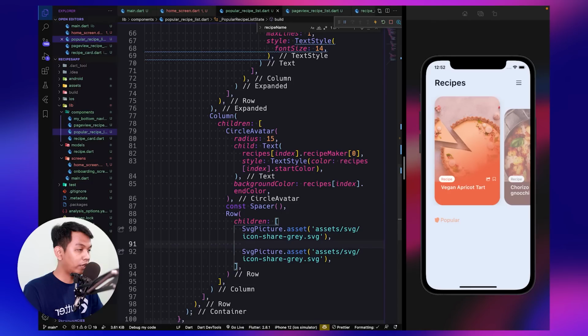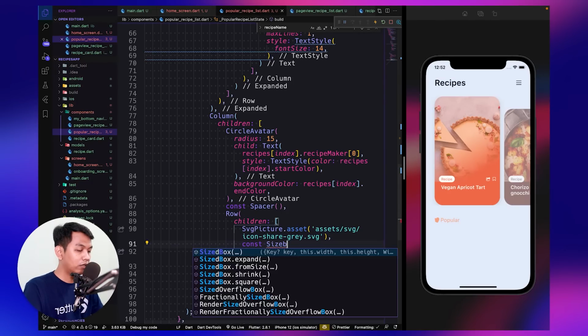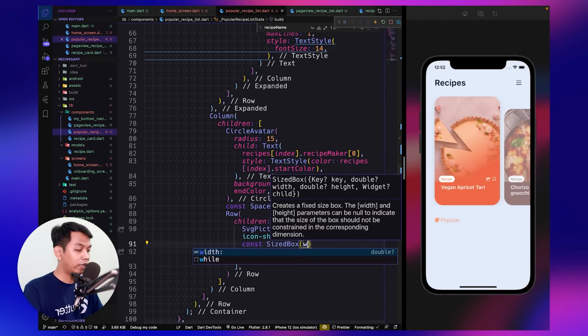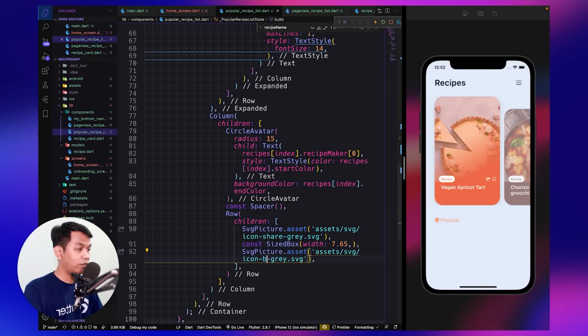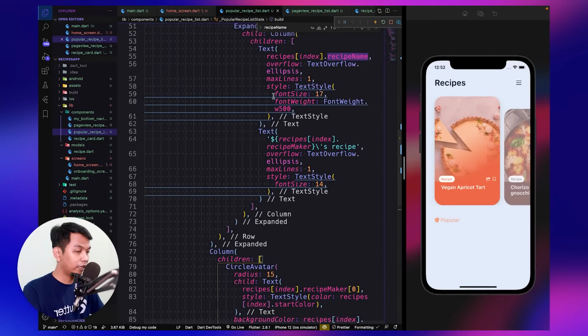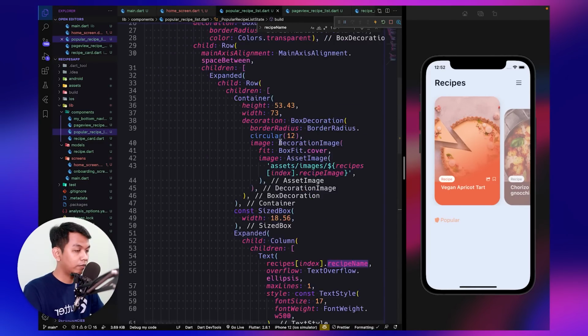And here between that we give a SizedBox, and for the width 7.65, and we change this to bookmark, look like this, and let's add the const modifier.